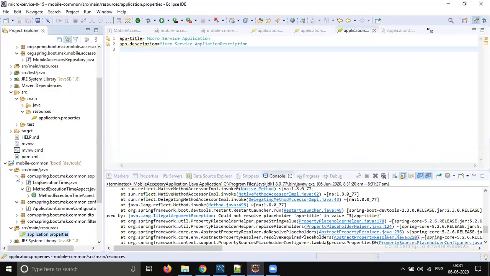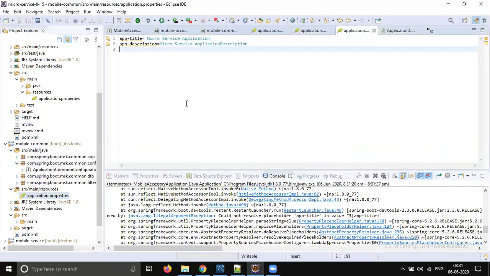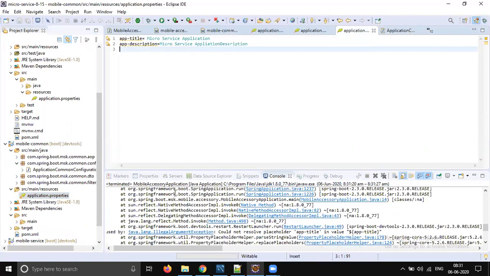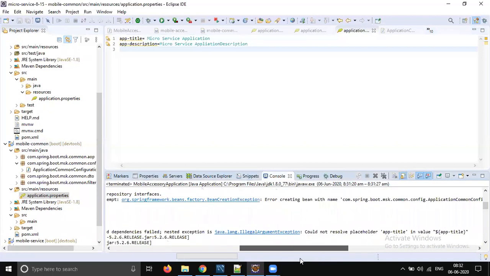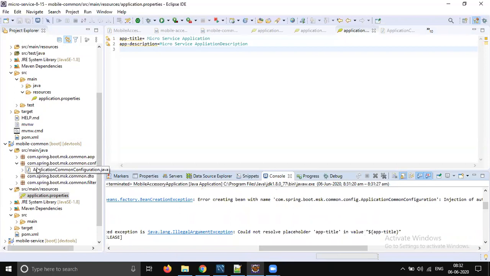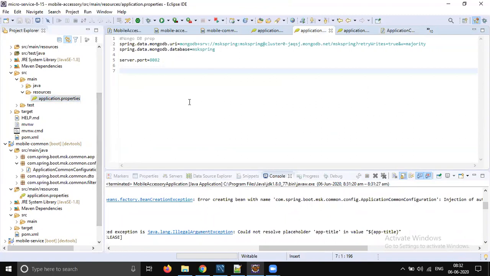Why is this not loading? Microservice application, microservice, it's fine. App title. So we have our own properties file.